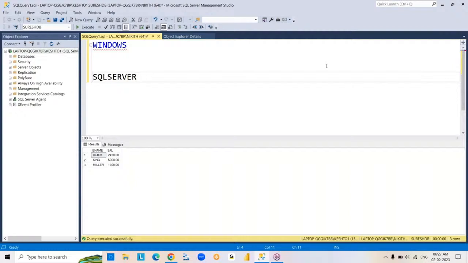See, Windows authentication login can be used for only local connections. In the same way,